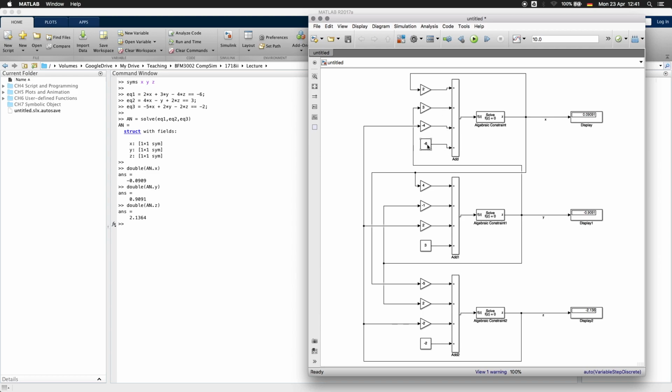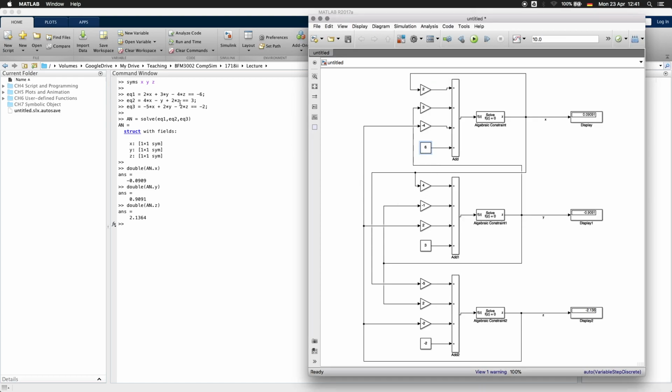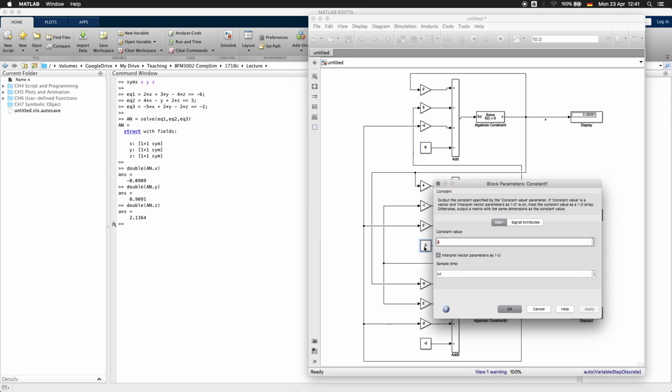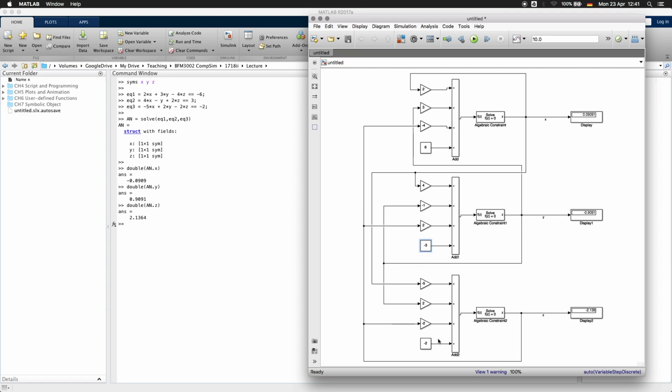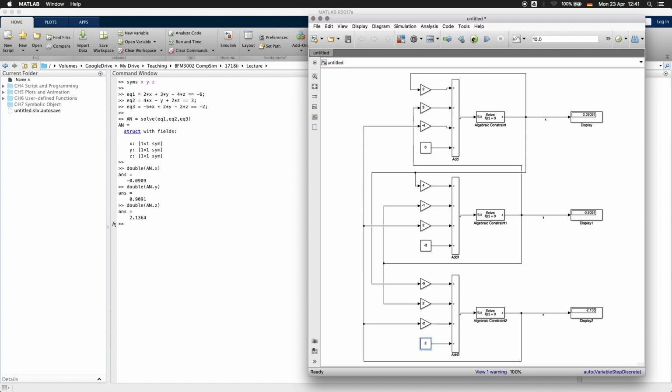Oh, here we cannot put minus 6. We need to bring this to the left hand side, so this actually becomes 6. And this one also we want to bring to the left hand side, so this becomes minus 3, and this, brought to the left hand side, becomes 2. So when we hit run again, we will get minus